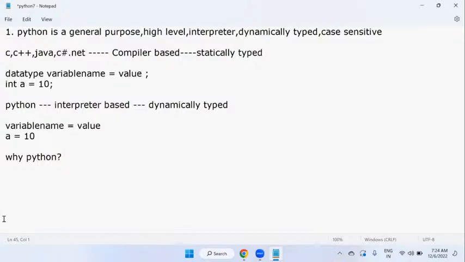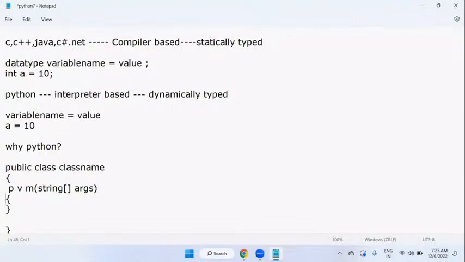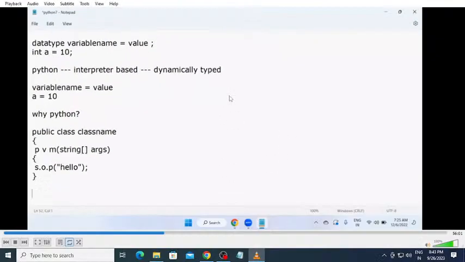For example, take this Java language. I include one class, public class with a class name, and open and close brackets. This is a very simple, straightforward structure, but somewhat complex because every time you have to follow these rules. If you miss any brackets or semicolon, it will give an error. Then String, square brackets, args, then open and close. Finally, to display any statement, System.out.println, and I can say hello. This is the code in Java. But here in Python,